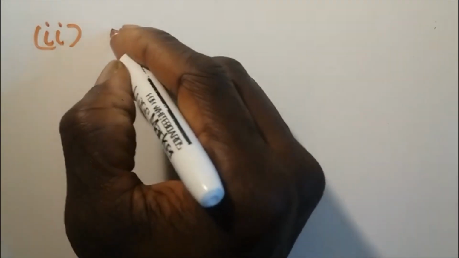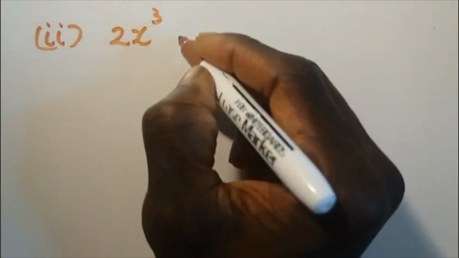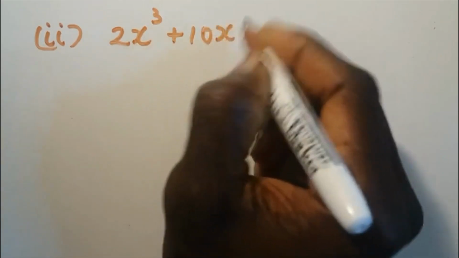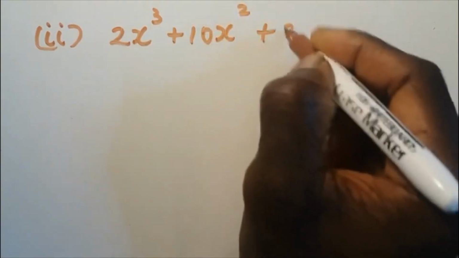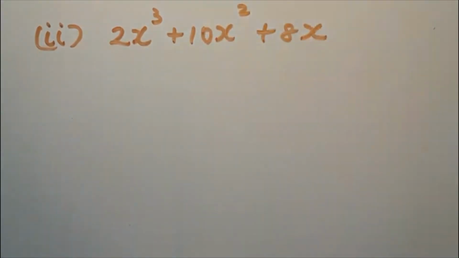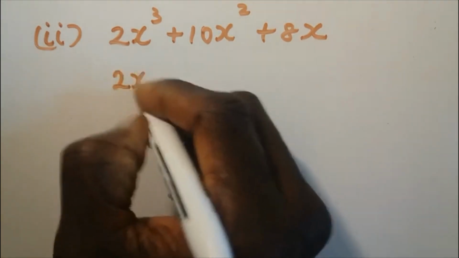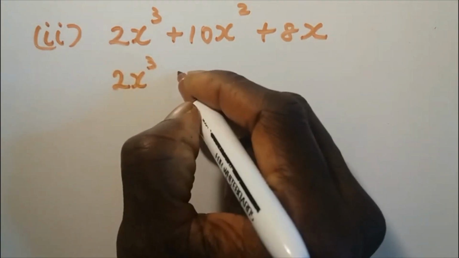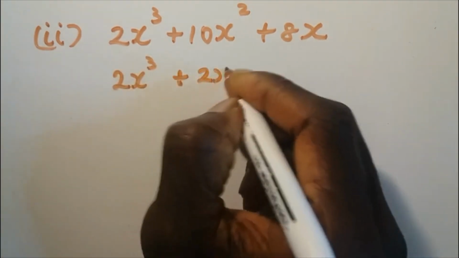Well, in part A, we calculated the external volume as 2x cubed add 10x squared add 8x. And in part B, we calculated the volume of the inside of the box to be 2x cubed add 2x squared